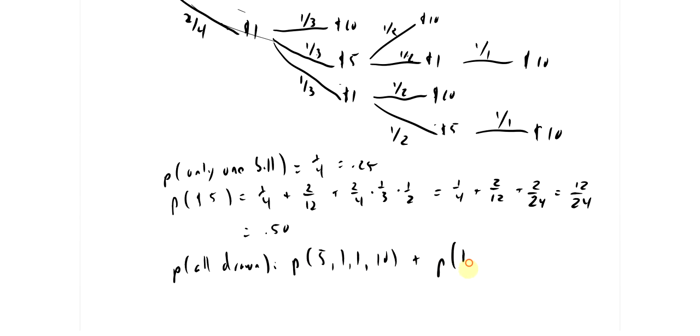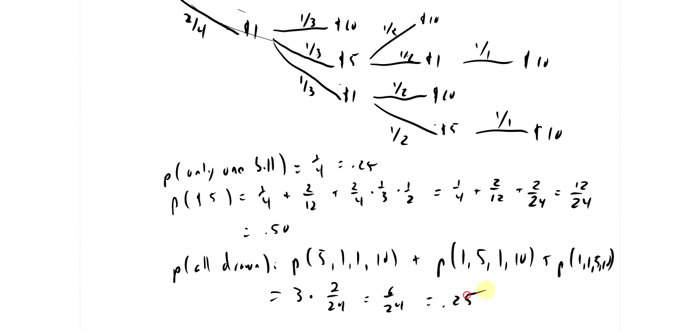Or drawing a 1 and then the 5 and then the 1 and then the 10, or drawing the 1, the 1, the 5, and the 10. And since those all have the same probability of 2/4 times 1/3 times 1/2 times 1, which is 2/24, it's 3 times 2/24, 6/24. A quarter of the time, you'll draw all of the